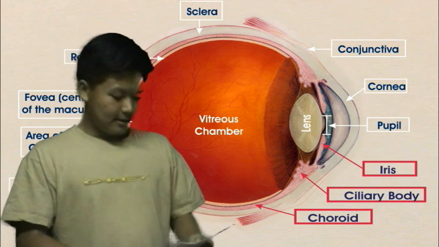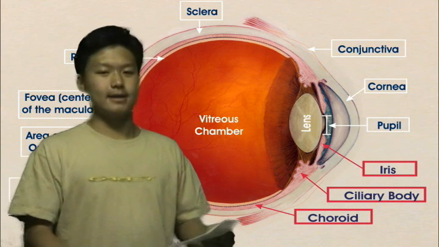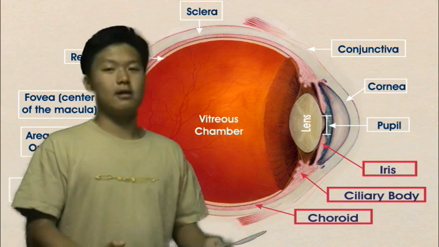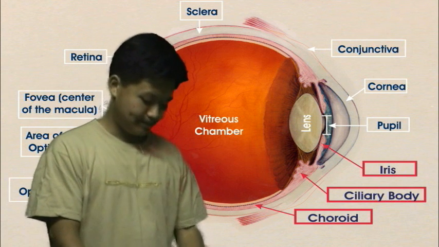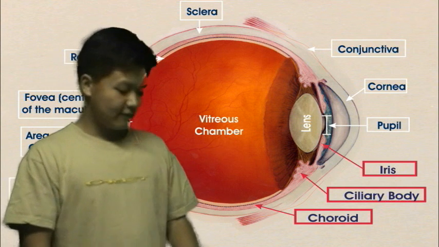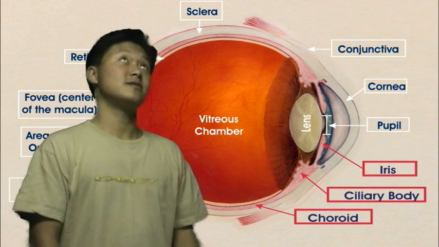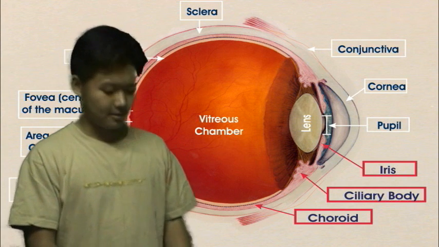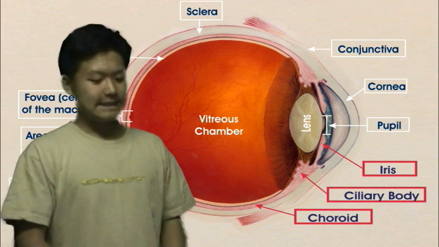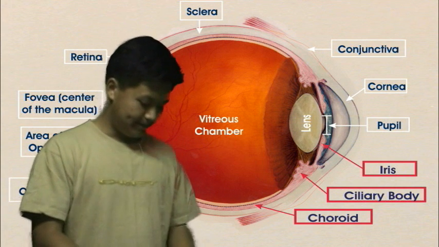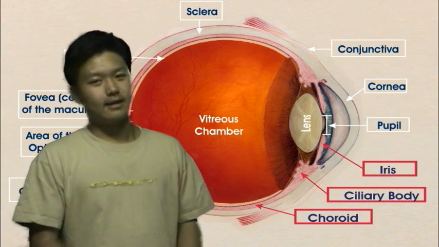And then also we have horizontal cells and amacrine cells. These cells are the neurons in the retina that help process the information. They then send the information to the brain via action potentials along the optic nerve. The optic nerve is formed by ganglion cells, which are basically nerve cells. And then they cross over at an area